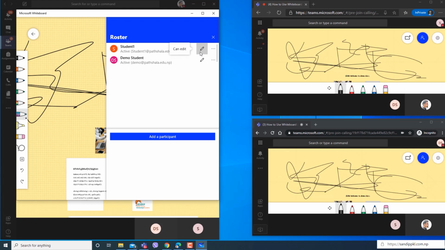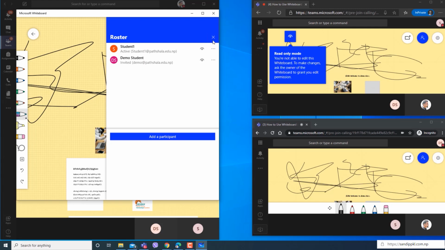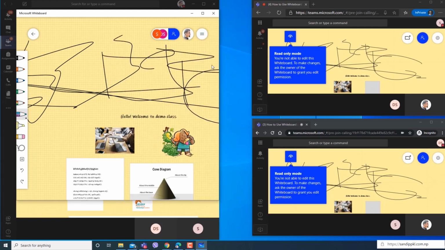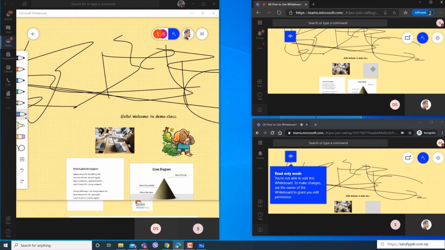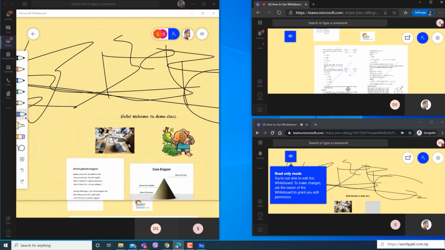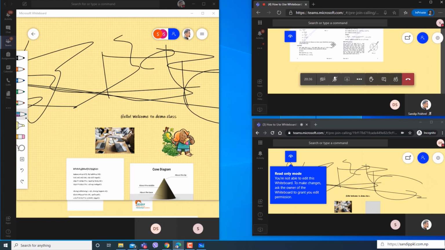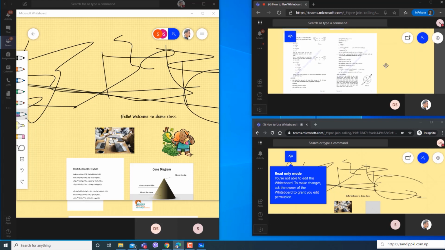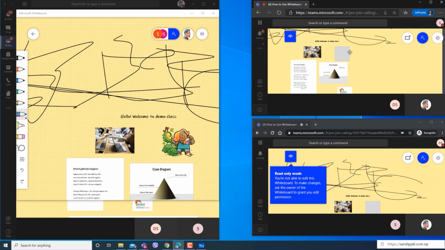Here you can see the can edit option. You can just change it to read only. For this student also you can change it to read only. By this way you can manage settings or add participants from roster. Now these students won't be able to make any changes in your board. They can view but they can't write.